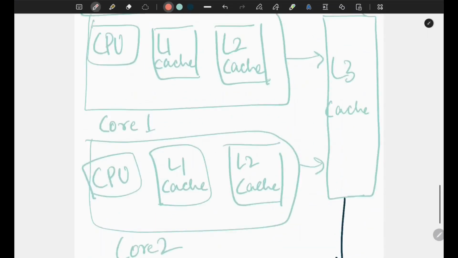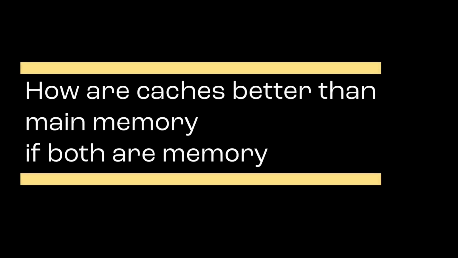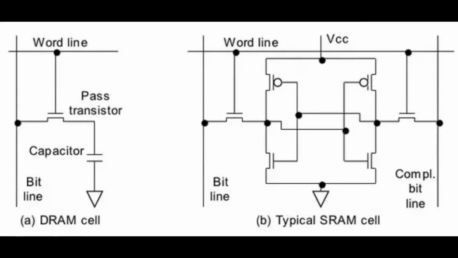Now you might ask, how are caches better than main memory if both are memory? There are various reasons for this. Caches are static RAM and main memory is dynamic RAM. SRAM is, and can be, considerably faster than DRAM. The values are kept statically, so they don't have to be refreshed, which takes away cycles. DRAM is dynamic, like tiny rechargeable batteries. You have to regularly recharge the ones so they don't drain away and become zeros. This steals cycle time in addition to how you have to access the bits,